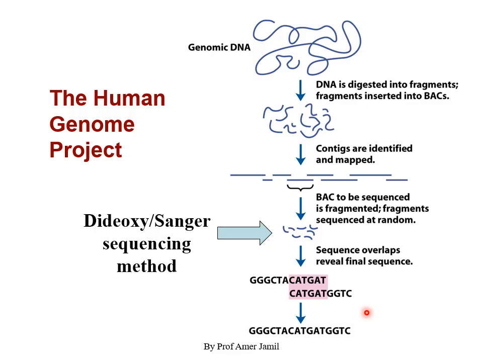But this project was completed quite early, and the first draft of the human genome was presented in the year 2000 rather than in 2005. So it was 5 years earlier, and later on it was further